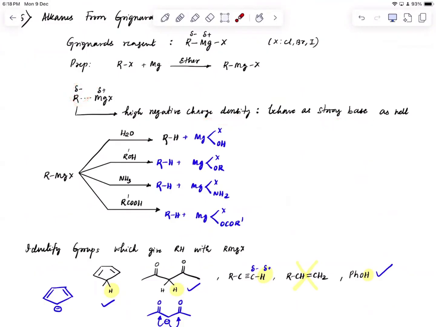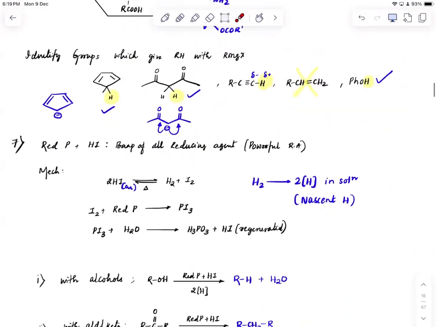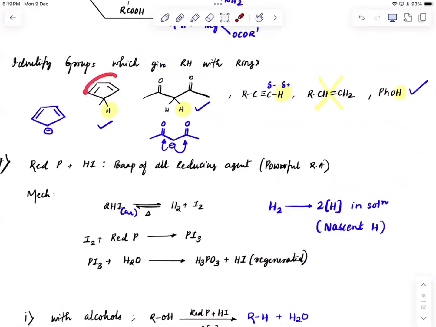So strong that it can extract a proton from any polarized hydrogen. So it can extract hydrogen from water, alcohol, ammonia, acids, and it can become alkanes. Okay. Apart from that, where else can you see this? If you have this group, correct, removing this H+,